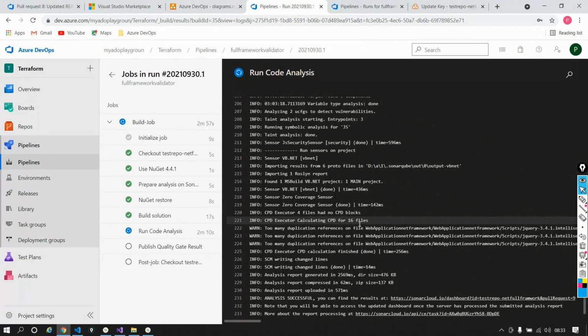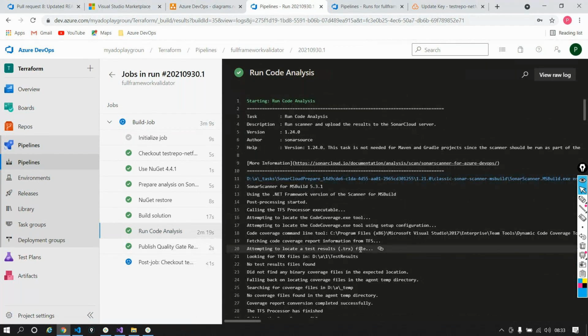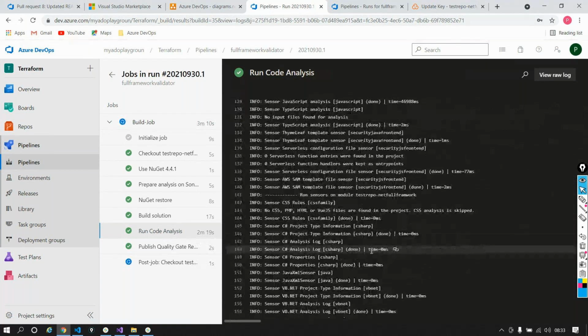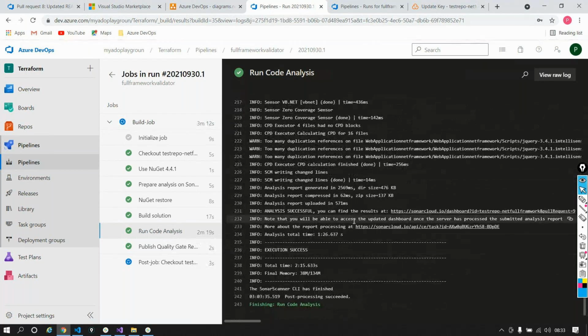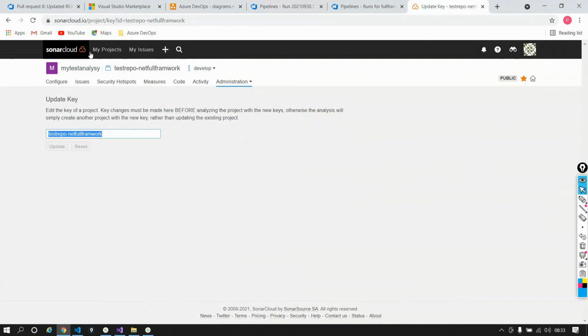And here, if you see at line number 231, it says analysis is successful. You can now find the result at something like this. It says the analyzer is successful. If I scroll all the way down, it says I have published all the results on this particular page, in this particular Sonar portal. If you go to the Sonar portal, if I go to my projects here,